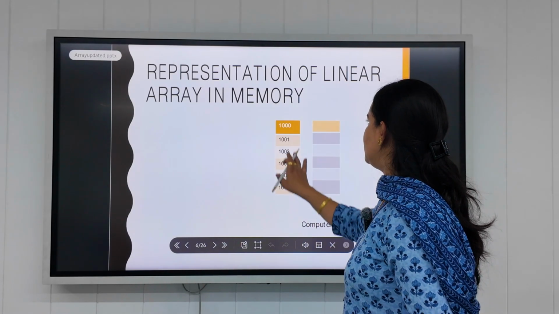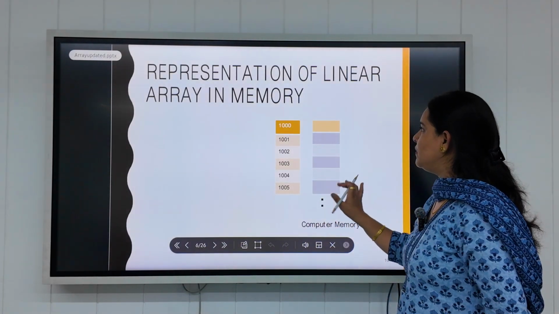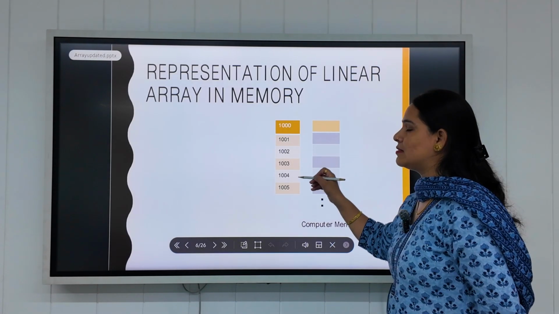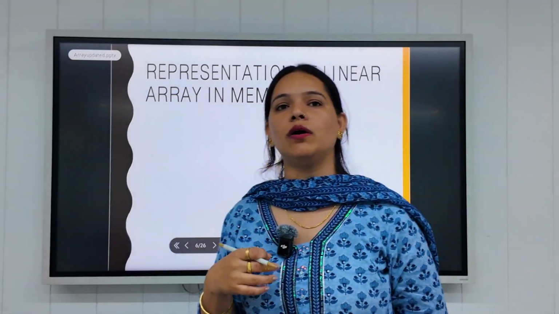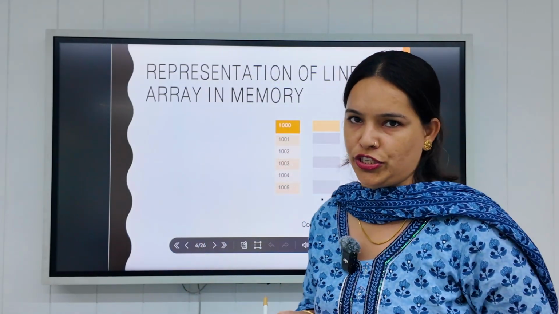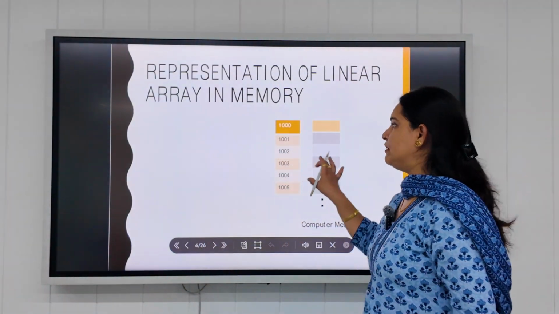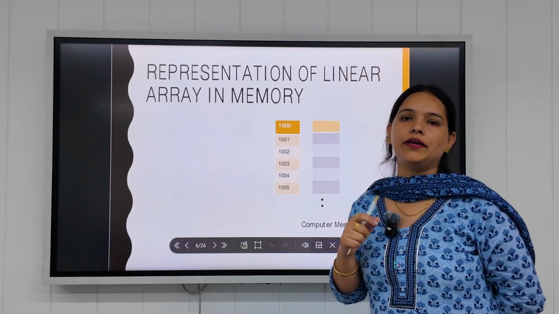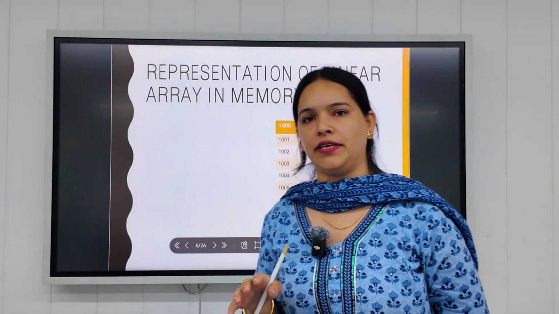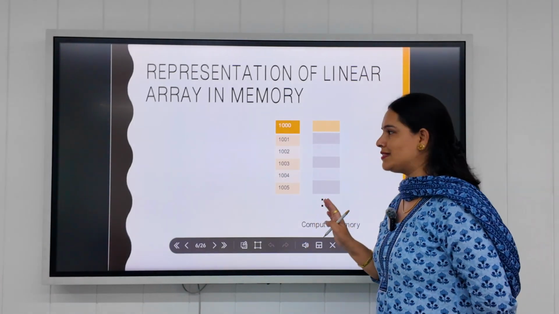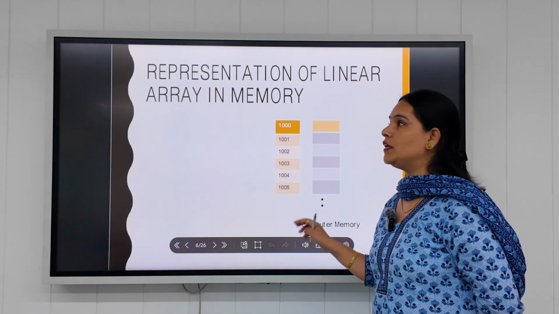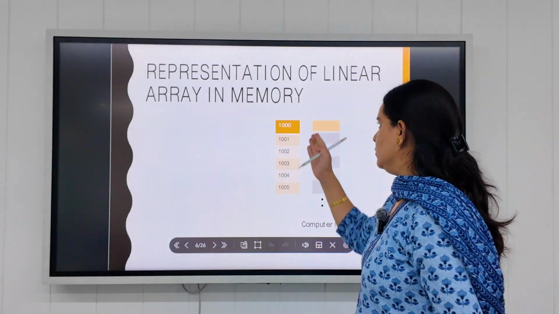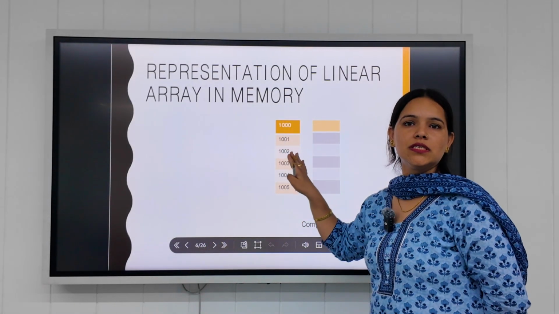See now, from this location, let's suppose I have some elements in this segment corresponding to this address. Now, how will we find the address of any specific location from the given location? Let's suppose I want to find the address of the second item, third item, fourth item, fifth item. That we can find easily based upon the base value. Base value is the initial address which is already given to us, like 1000, and this is the base address